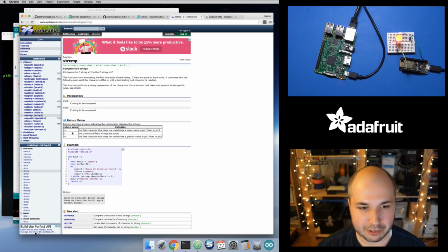And if they don't match, then it'll actually say which one had less characters. You can kind of tell which one maybe didn't match what you expected. But really all I care about is if they're an exact match, the 0 case. Now, like I was saying before, you're using null terminated strings, and you have to be careful because if you